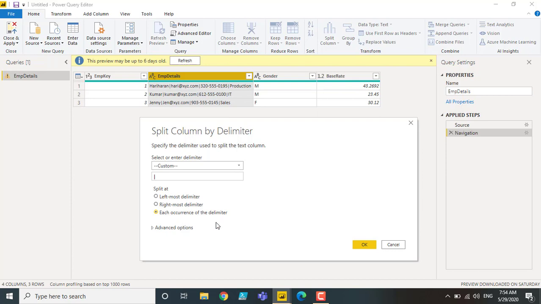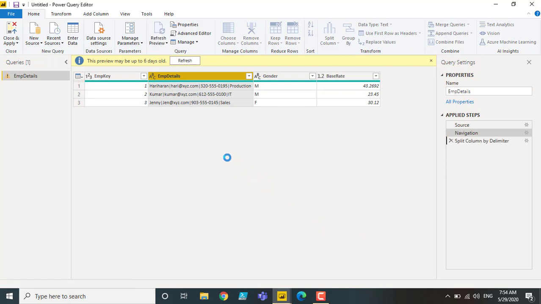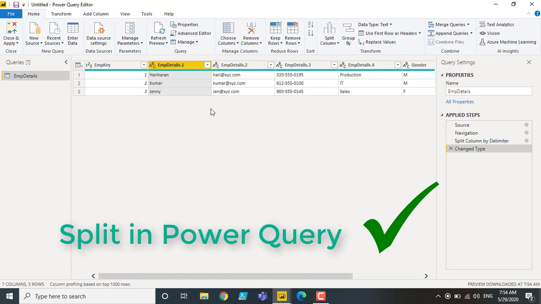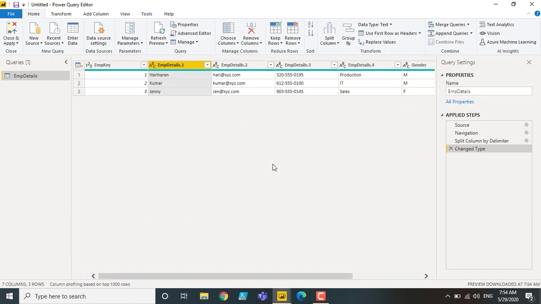Click OK. So that's it. Power Query will split all of the values from the single column into separated columns. So this can be easily achieved in the Power Query layer when we have an import mode. Let me show you the same functionality in direct query based reports.